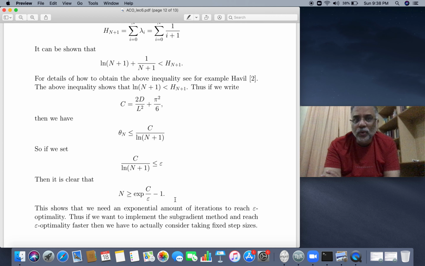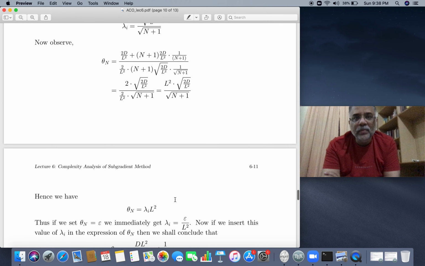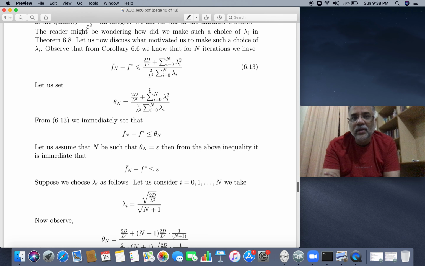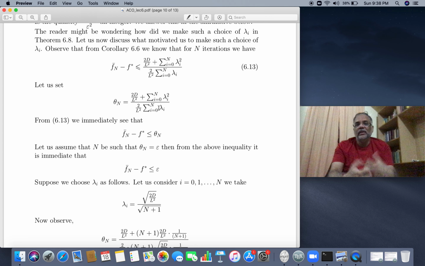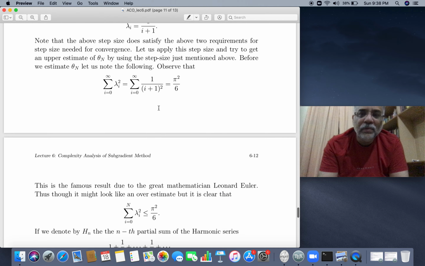See, the issue of convergence here is that you have the lambda I square here, that you need to control somehow. This part has to go towards infinity faster than this goes, then only we can have 0. Otherwise, it's not possible. So that may not be known beforehand. So some condition is imposed on lambda I square. So I hope this gives you a fairly compact idea of what's going on,